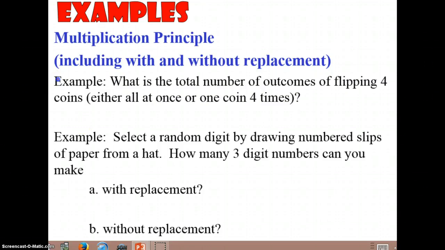So the first outcome, there's 4 scenarios. This has heads or tails, so there's 2. This one has heads or tails, this one has heads or tails, and this one has heads or tails. 2 times 2 times 2 times 2 is 16. There are 16 different outcomes when you're